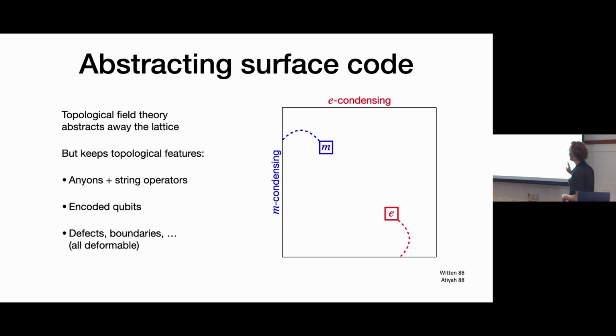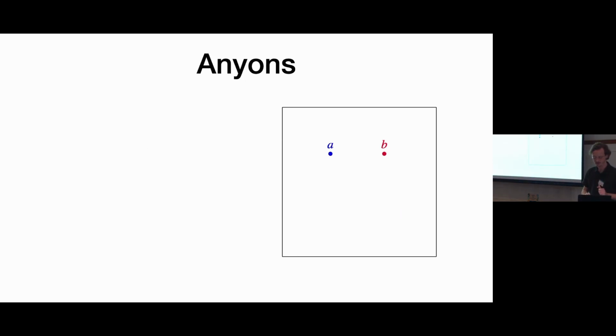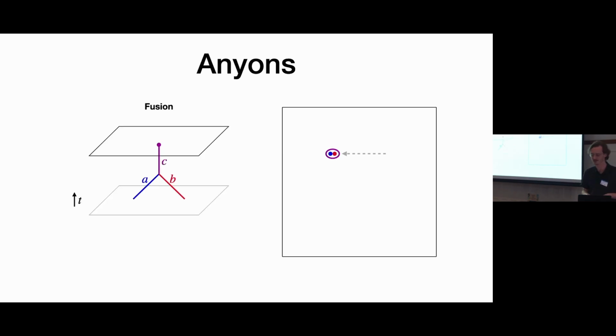Okay, and so this is where our intuition for designing protocols based on surface code comes from. Good. Okay, and I should say what you can do with anyons. So generally, what's the most general thing you can do with these point-like syndromes? You can fuse them, which just means bringing them very close together and then considering the overall anyonic charge or type of the combined object. In space-time, this looks like a vertex.